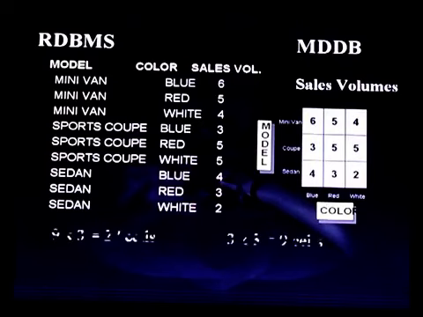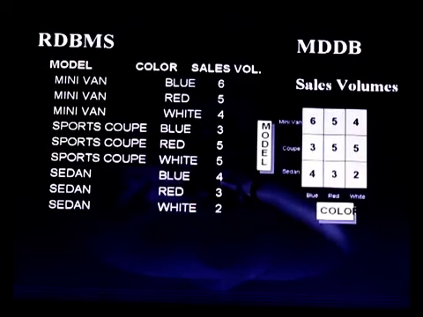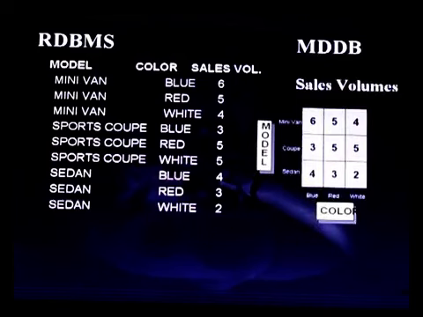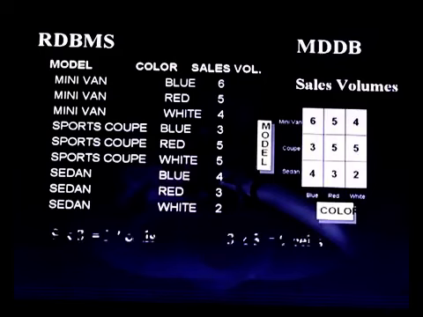Whatever values are given here, blue, red, white, became the column headings. Similarly, minivan, sports, coupe, sedan are the row headings. Suppose you have 3 values here and 3 values here, then the 3-column representation of a relational model requires 9 into 3, 27 cells.